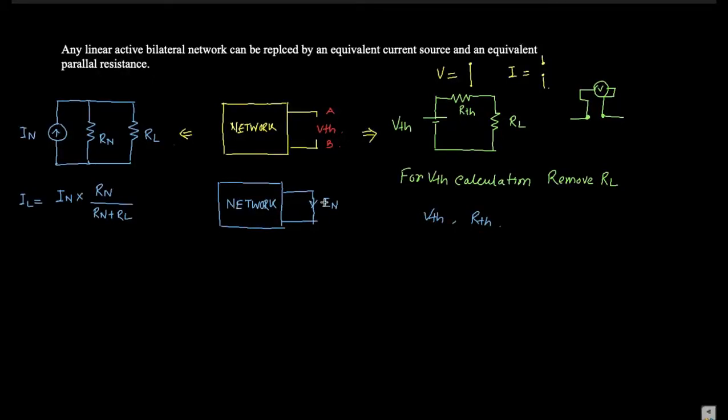And if there is a current source, as we know, the internal resistance of the current source is infinite, that's why you should replace the current source by an open circuit. This is constant for every circuit, and in any theorem and any process, the voltage source should be replaced by a short circuit and the current source should be replaced by an open circuit. Now you can easily find out the RN and the IN.